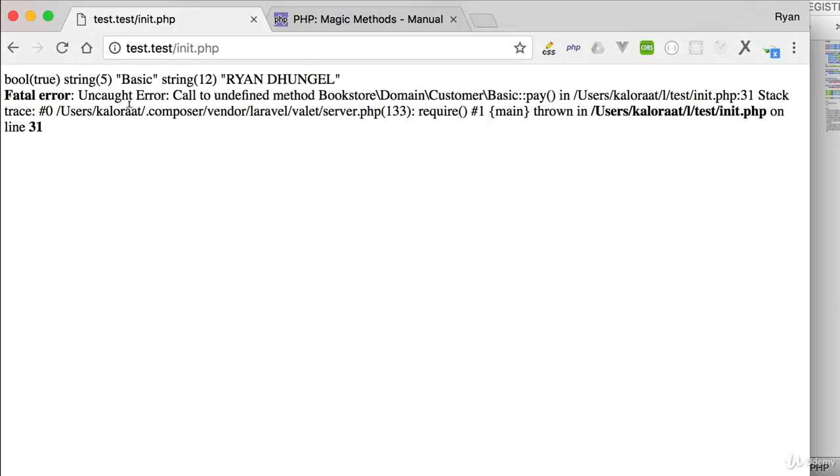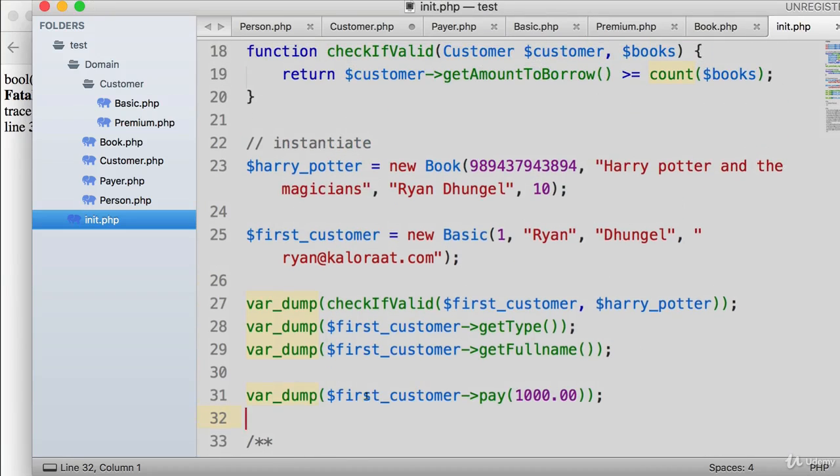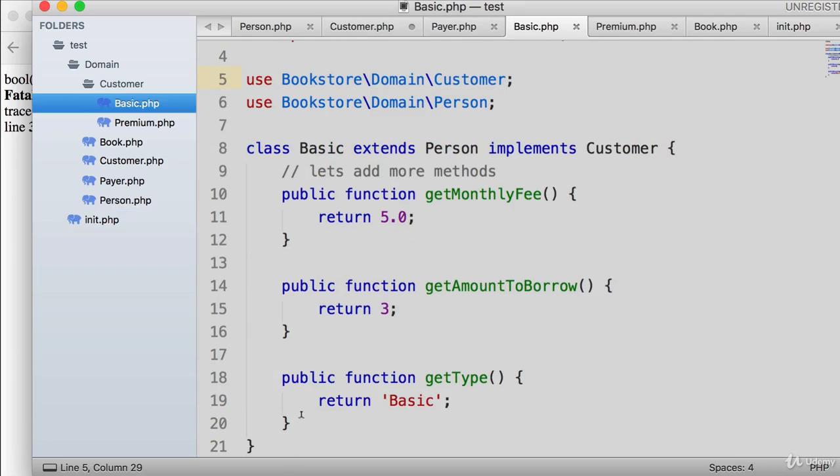Refresh. Okay, we get the error. The call to undefined method basic pay, so it doesn't know yet. That's because the children haven't implemented this method. They have to, because it's extending, but they haven't done it yet. So let's do that. So back to basic. So what we can do is down here